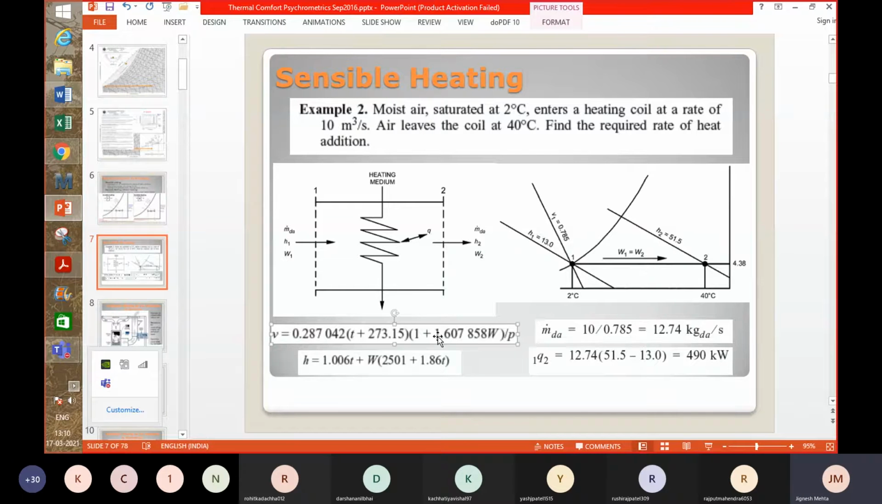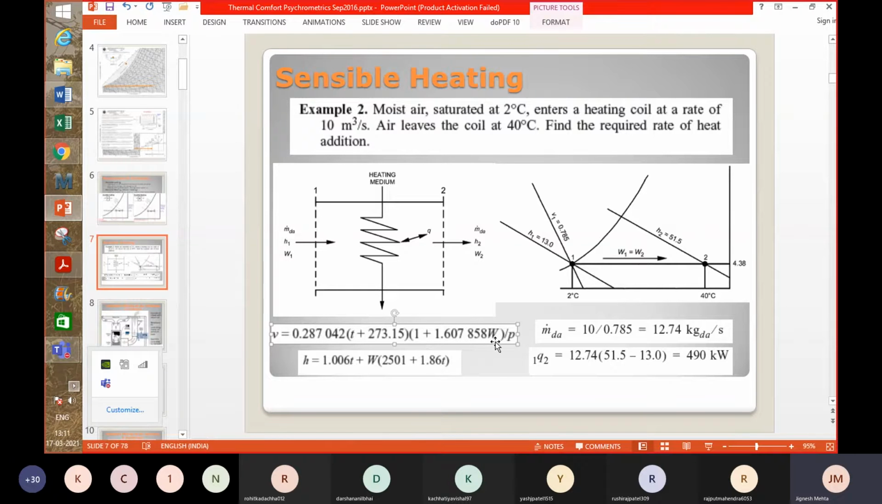And what is the formula to be used for this specific volume? The formula is this, what you see on the left hand side: v is equal to 0.287042 into bracket T. T is the temperature that you are talking about, the dry bulb temperature. When you simply write T, it is dry bulb temperature. When you write T star, it is wet bulb temperature. And T is to be put in degrees Celsius. So here it is 2, if you are talking about state 1, then 1 plus